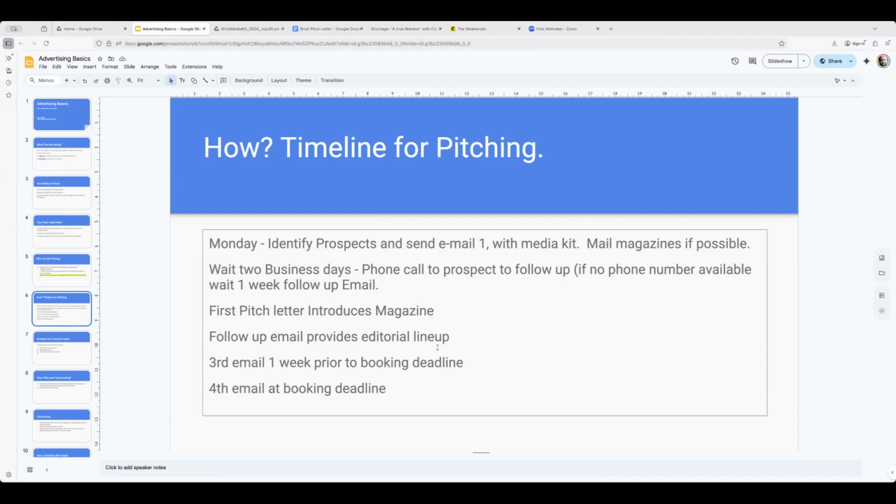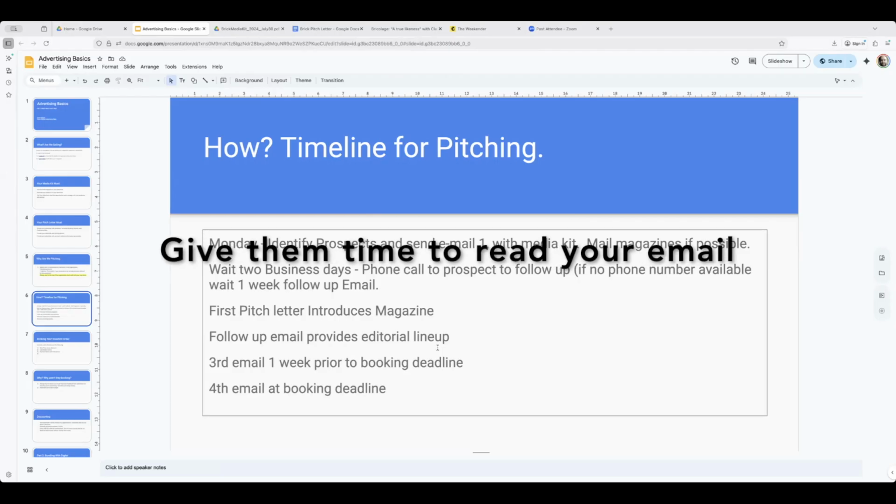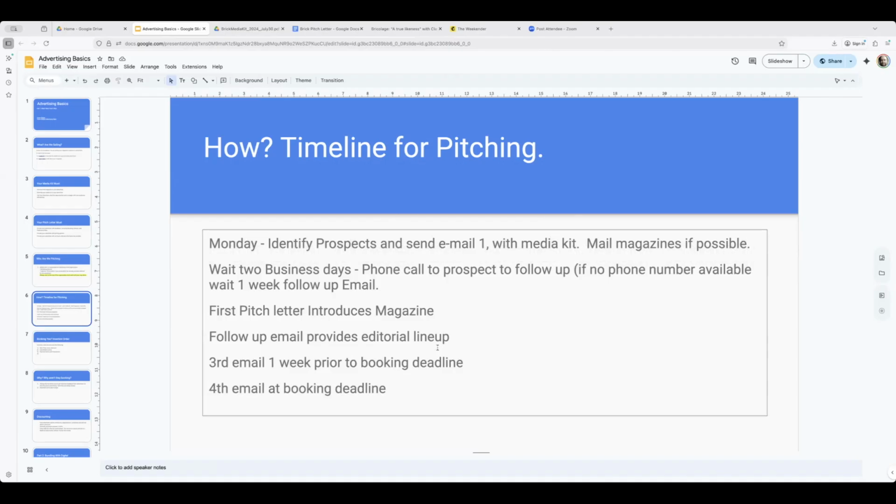So email goes out day 1 once you've identified prospects. Sometimes, depending on the project, I take a day and line up all the prospects and then send the emails. Do that first. Wait 2 business days. Waiting 2 business days is just something I've always done. You want to give people an opportunity to read your email or not, depending, but you want to give people time and have a little faith that they're reading your emails and they're thinking about it.